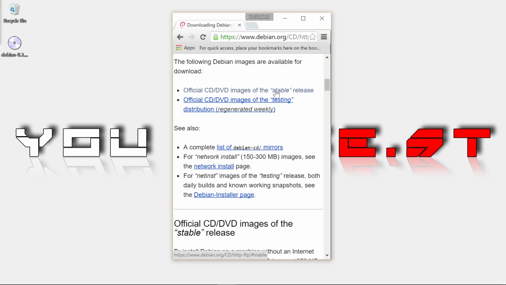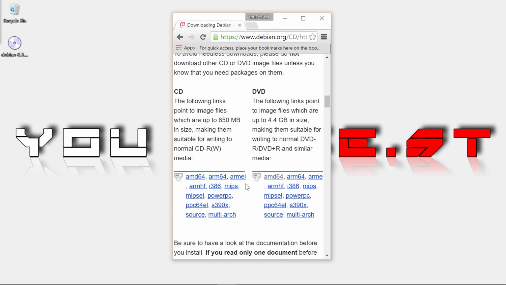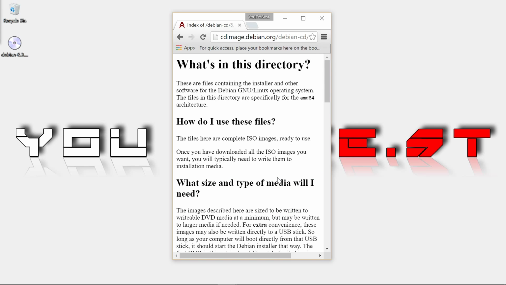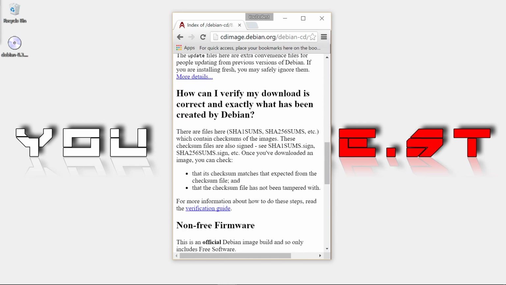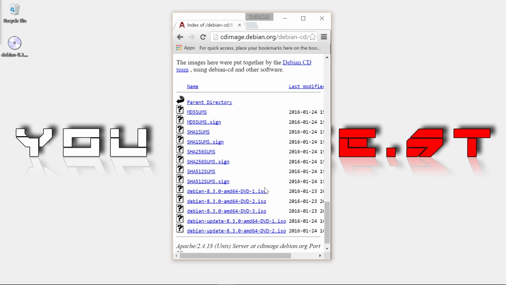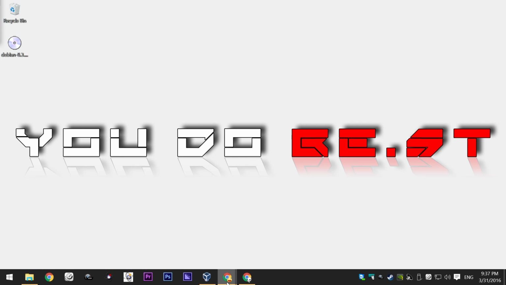I'm gonna click on stable releases, and under the DVD section we're gonna download the AMD 64 version. Now there are multiple files, but the only one you actually really need is DVD1 to install. Those two, DVD2 and DVD3, are optional software, so click on this to download it. I already did it, it's on my desktop, so I'm gonna show you how to make a new Virtualbox